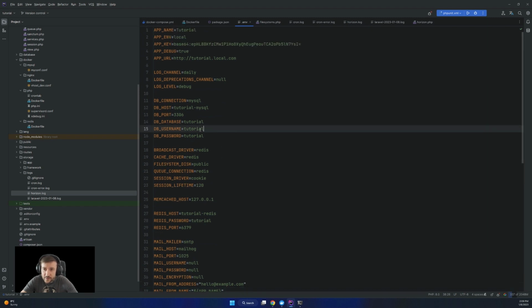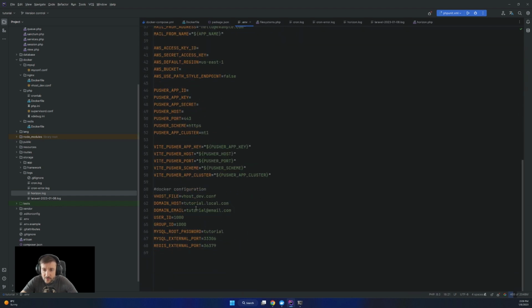So either connect with user and password tutorial, or with root and the root password, which is also tutorial, but the port we want to connect to is the external one.